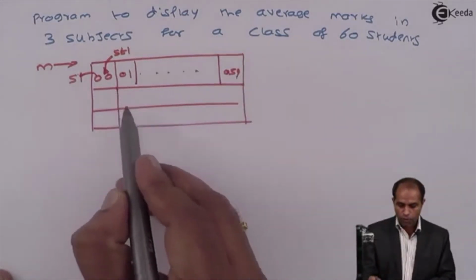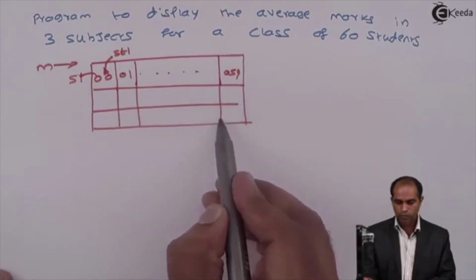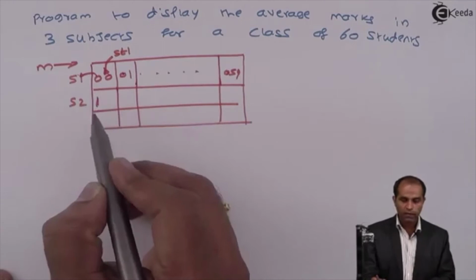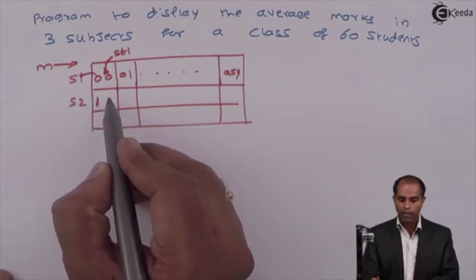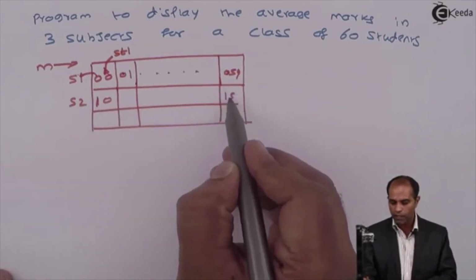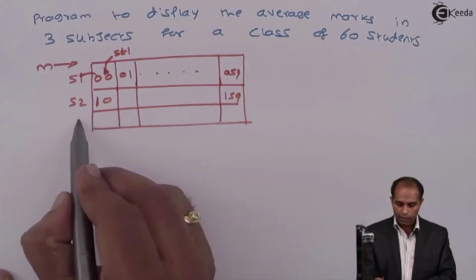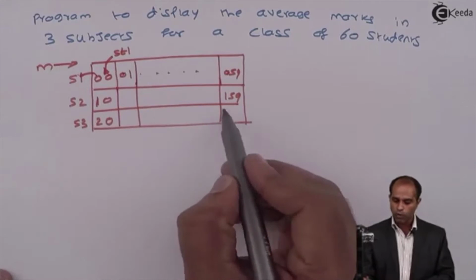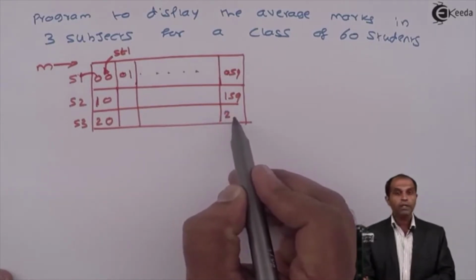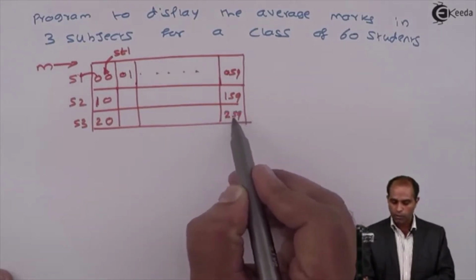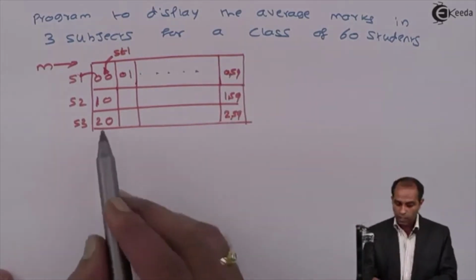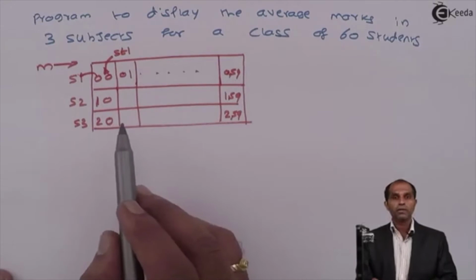Similarly, I am supposed to do it for the other subjects also. Let me say this as S2. So S2 will have a subject code as 1, and then the student number will again be 0 till 59. And then subject 3 will be 2, and student 1 will be 0, and subject 3 will be 2 and the 60th student will be 59. So 2, 59, 0, 59, and so on. So in this, I am supposed to deal with these two-dimensional arrays.